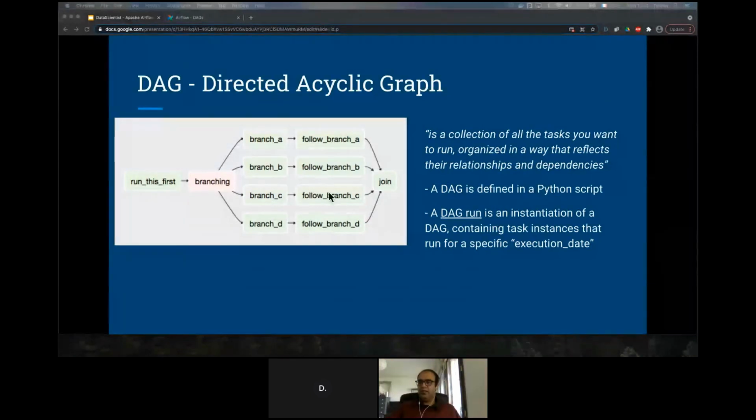So this is basically a Python script which is converted into this view by the Airflow platform. And a DAG run is an instance of a DAG containing task instances which is running on a particular date. So for example, this DAG or any pipeline can run on different dates depending on the execution date. So this is in brief what a DAG is.